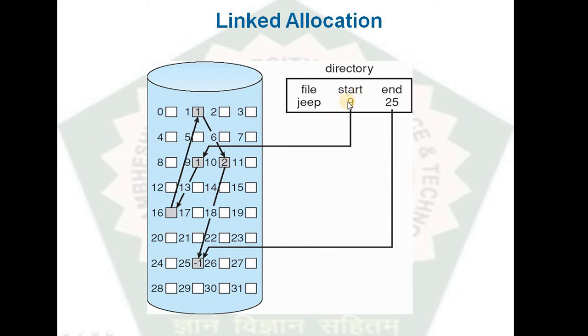Like this, if the address of the starting block is 9, it is accessed, and the next information of this particular file, the header, is attached to the next block of that file, and this block contains the header of the block that is associated next, and this block contains the header to the next information, and this header is the ending block of this particular file that is stored in this directory. This is how the linked allocation file management is applied to a directory structure.